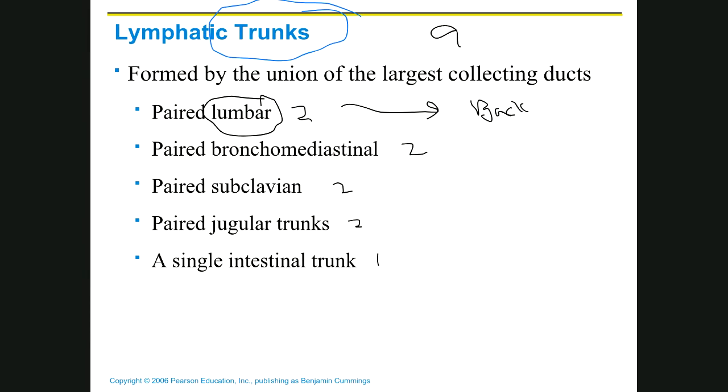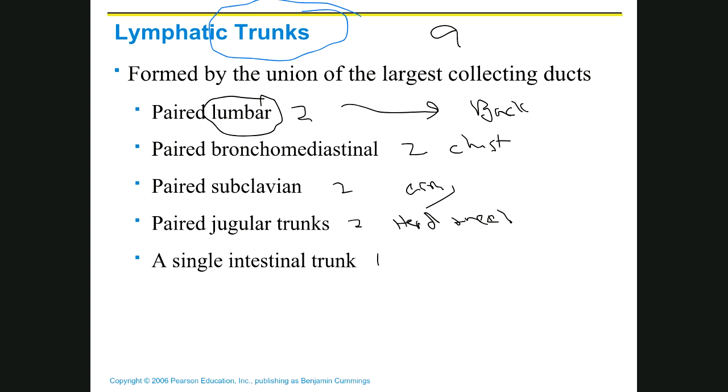And then jugular is going to drain the head. So bronchomediastinal drains the chest, subclavian the arms, jugular the head and neck. And then if you look at this one, it tells you exactly